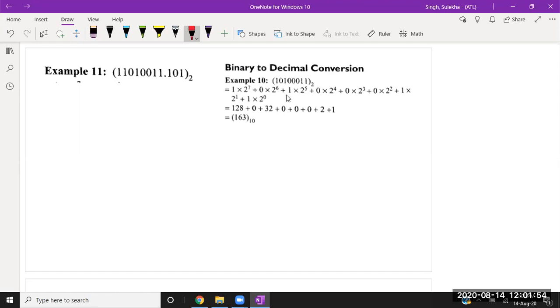If you are calculating these numbers, mainly this one will contribute to your decimal number system, this one, this one and this one. When you calculate, this method you have already seen, you will get 163 if you are converting this number. Now we will take this example. One of you has given the answer also, that is the correct answer, and we will see the method is very similar.